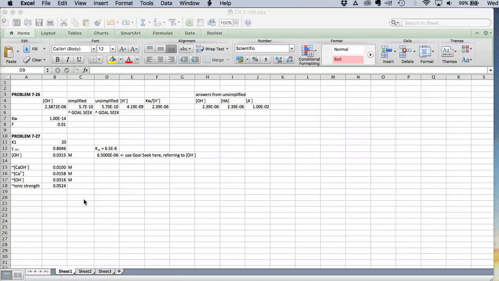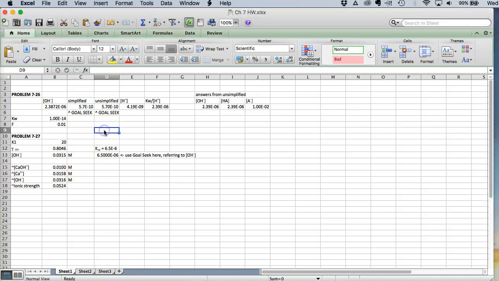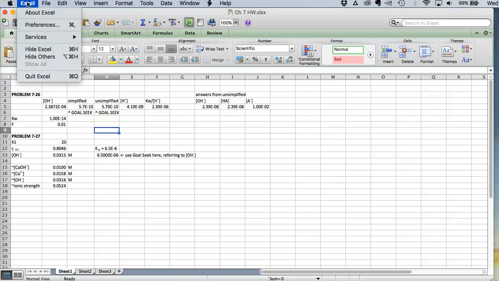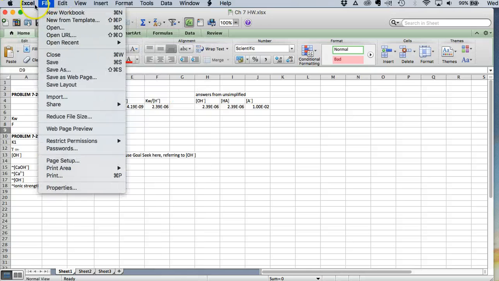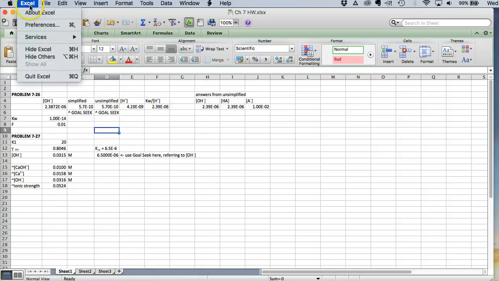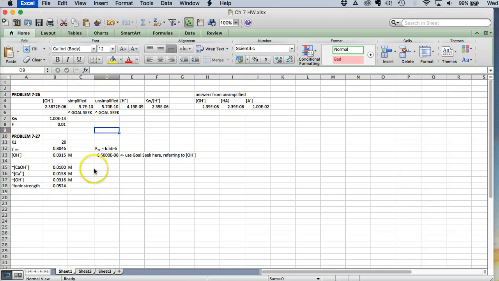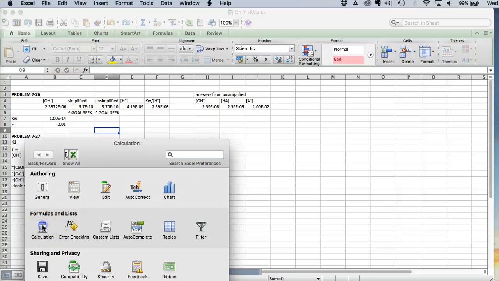So if you want to use goal seek in this assignment, in Excel, the first thing you want to do is make sure that you've changed your properties. Here it's not going to be under File or Edit, it's going to be under the Excel button. And for me it's under Preferences. And if I go to Calculation,